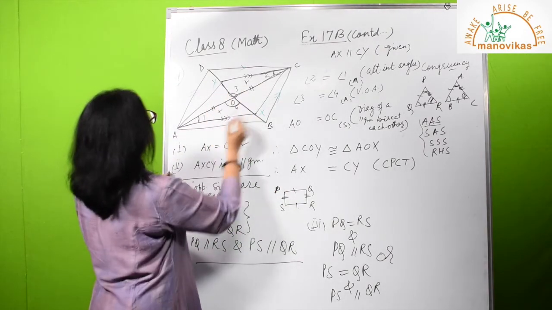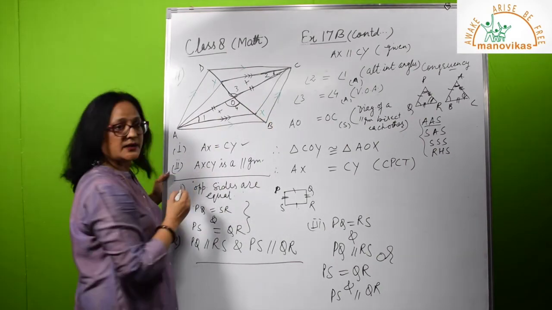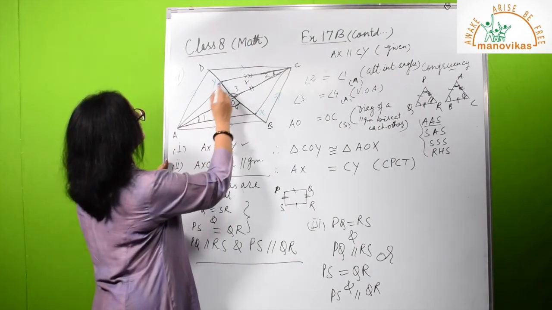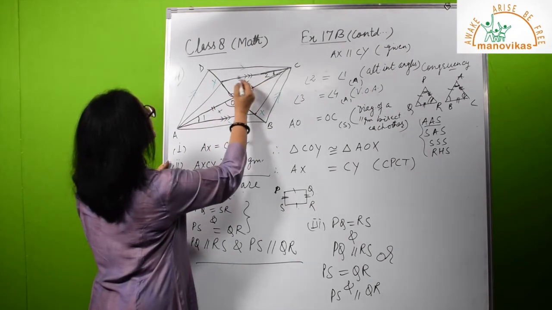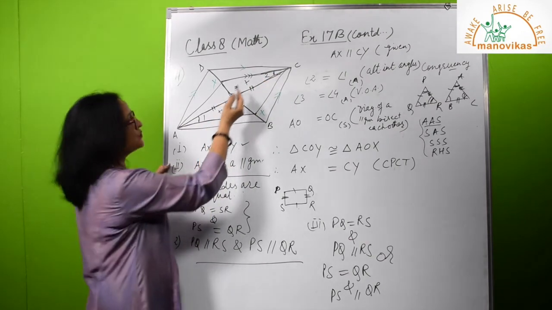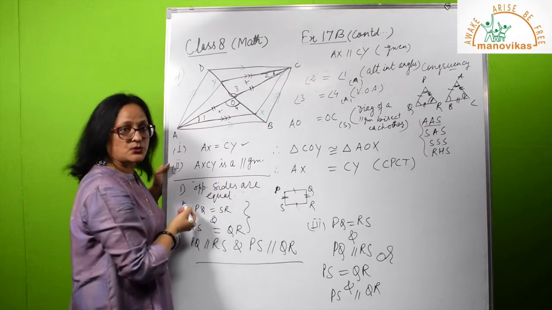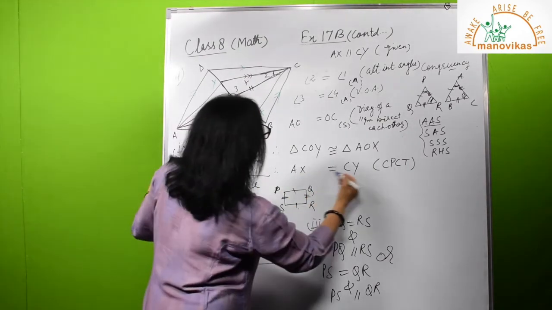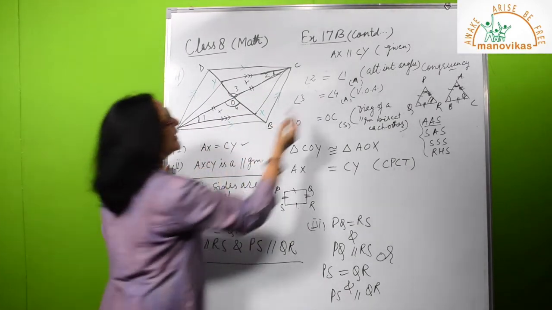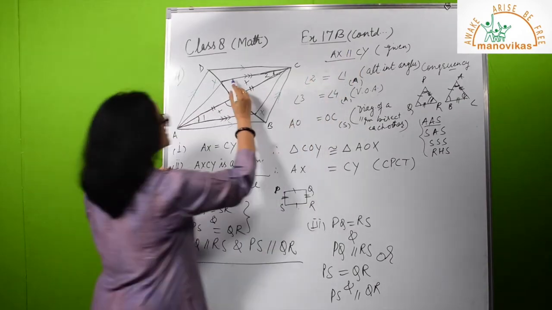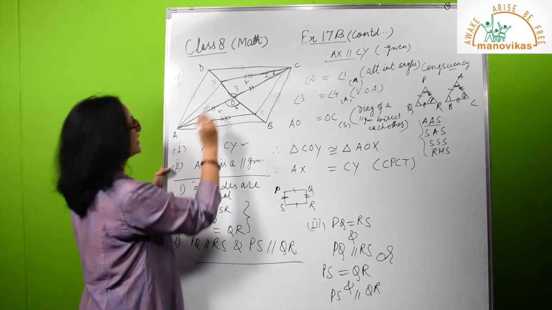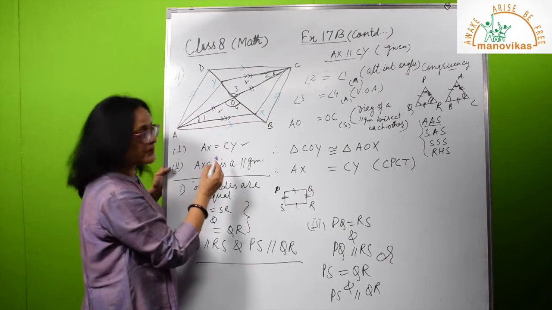So here we have a quadrilateral AXCY. We have to prove it is a parallelogram. So now you can see here we have only the information about CY and AX. So whatever we have to do, we do with these two sides only. We have already proved that AX is equal to CY. And in the question you were given AX is parallel to CY. Isn't it? Meaning the same pair of opposite sides is parallel as well as equal.